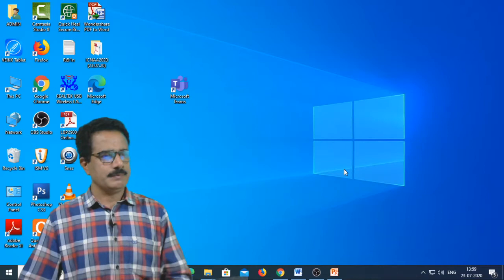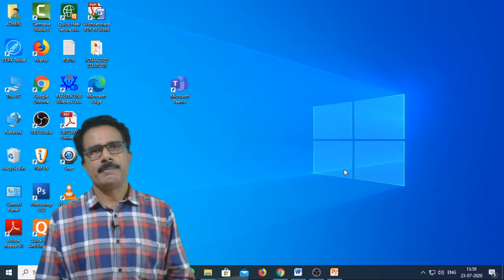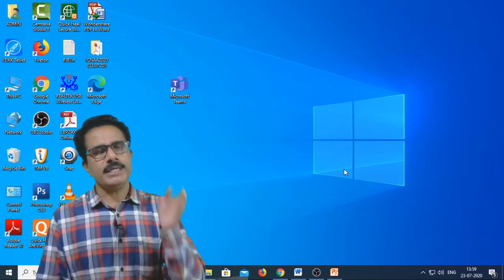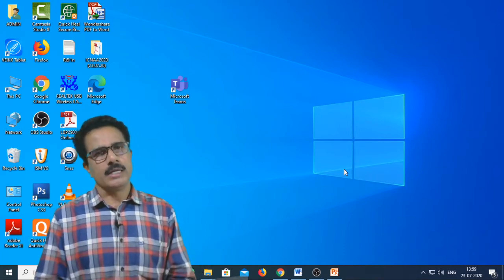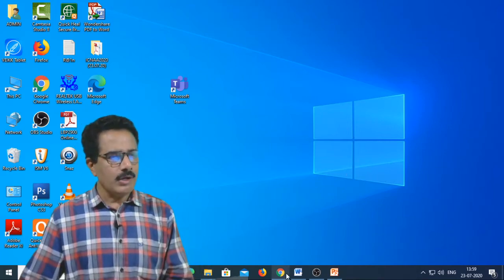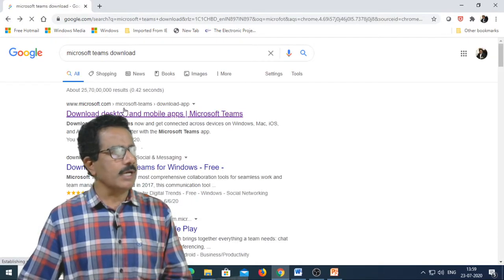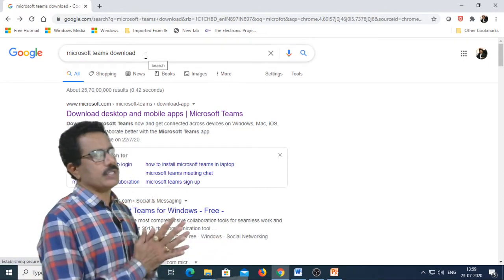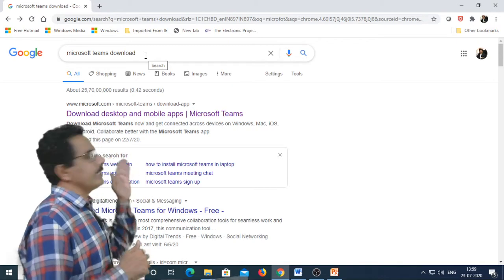First of all, you have to download this app on a PC or laptop from Google. You go on Google and type Microsoft Teams download.